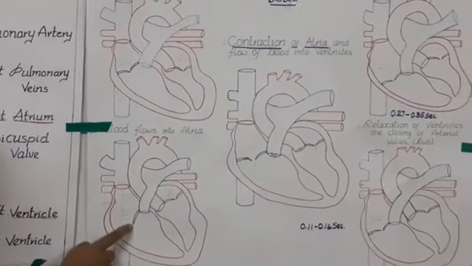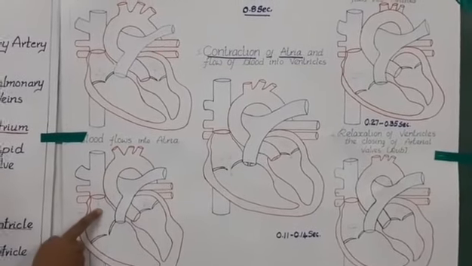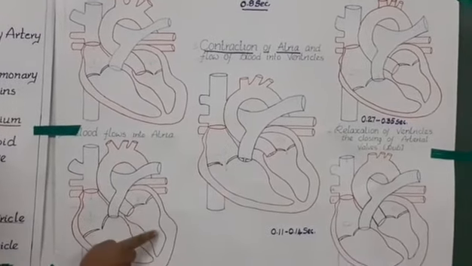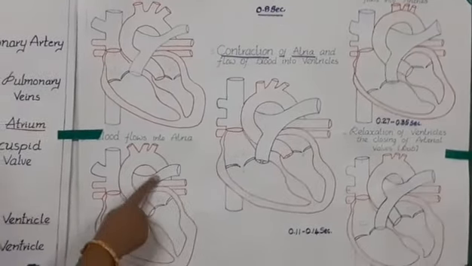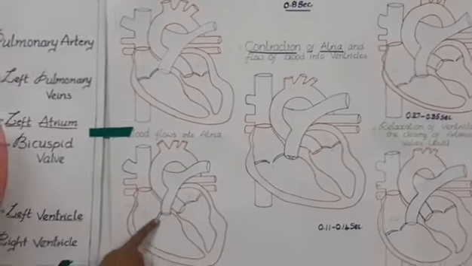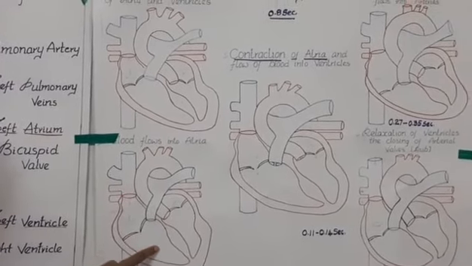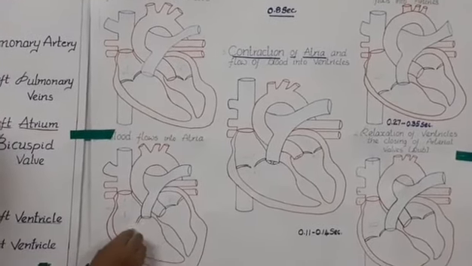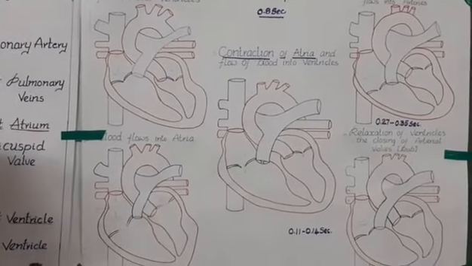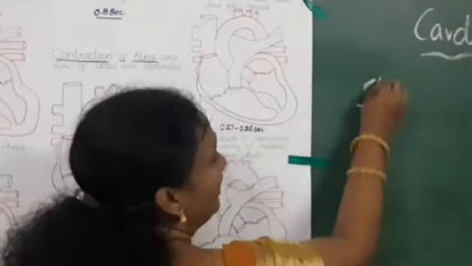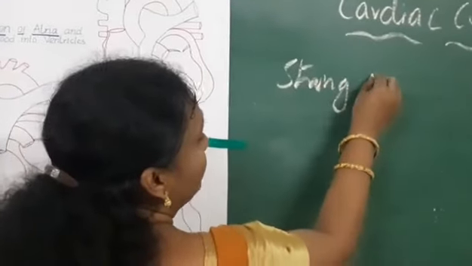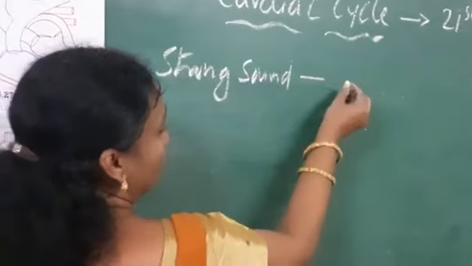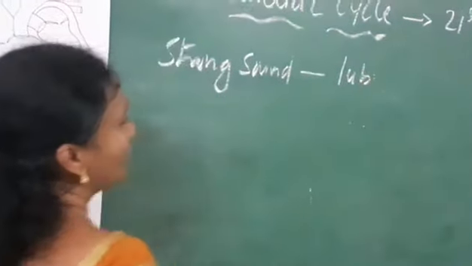So the tricuspid valve helps in sending the blood from the auricle to the ventricle. The bicuspid valve helps in sending the blood into the ventricles. When blood is completely sent from the auricles to the ventricles, the valves close. When the blood wants to go from ventricles back to auricles, immediately these valves close and produce a strong sound called lub. That strong sound is because of the closing of the tricuspid and bicuspid valves. That is the first sound of the heart, lub.